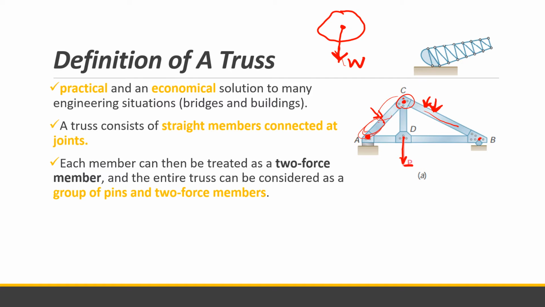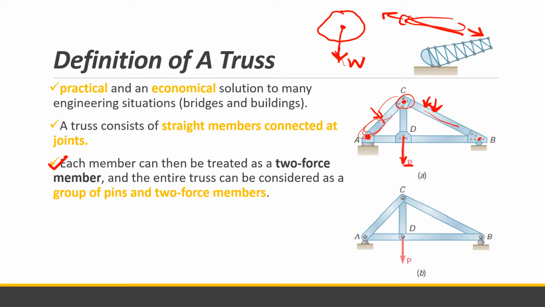So that's why kung meron tayong member, for example this member, meron lang single force na present dun sa structure na yan. Okay? So therefore, the only forces assumed to be applied on a truss member are a single force at each end of the member. So therefore, we can say that each member can then be treated as a two-force member and the entire truss can be considered as a group of pins